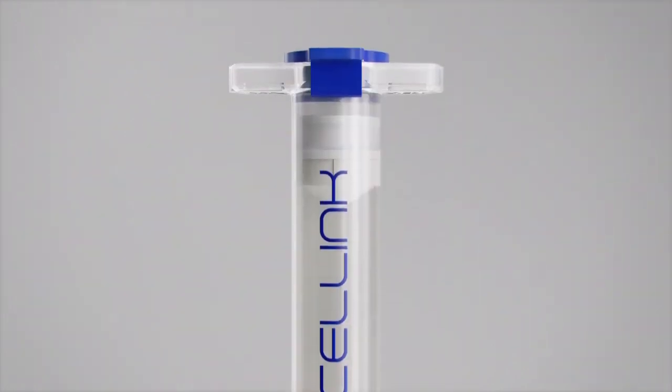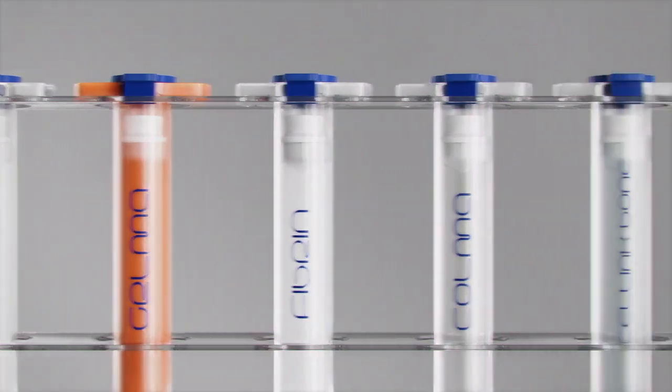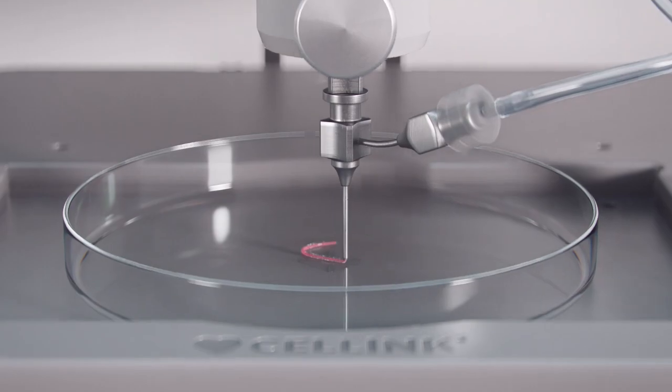sourced and tailored living cells suspended in an organic hydrogel. And different types of bio inks are customized to print a wide variety of tissue. Using multiple print heads, the Bio X6 desktop system can simultaneously print with 6 different bio inks, printing incredibly detailed